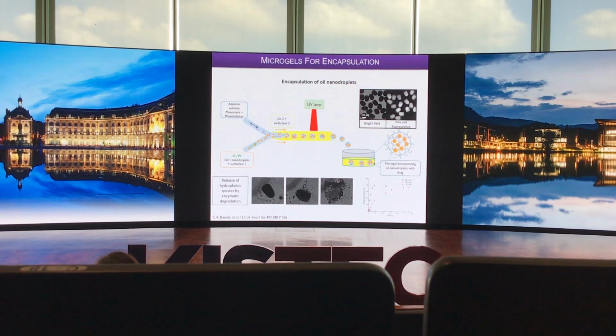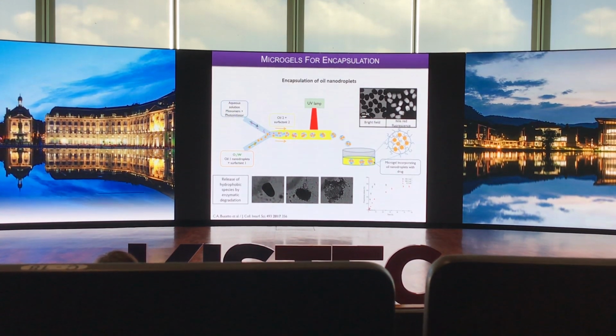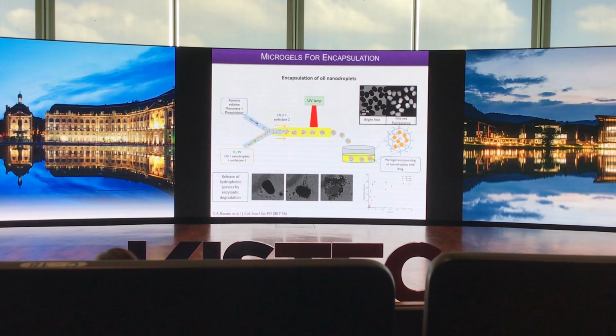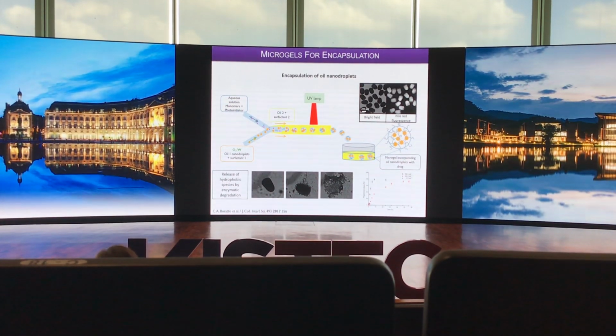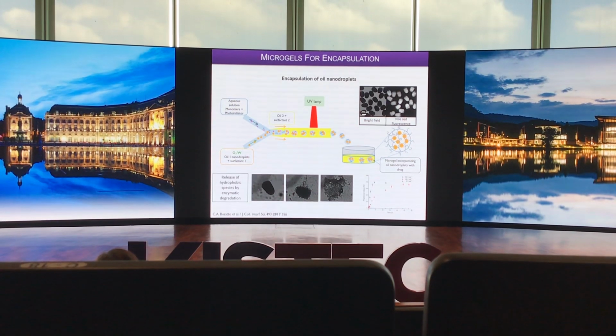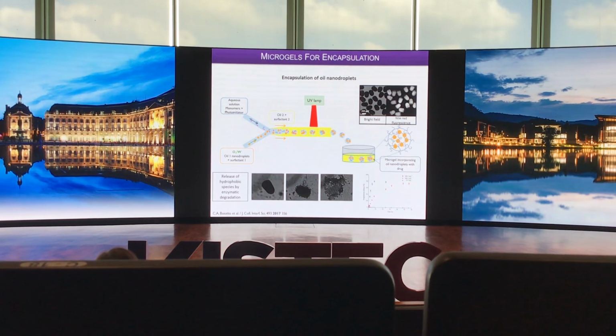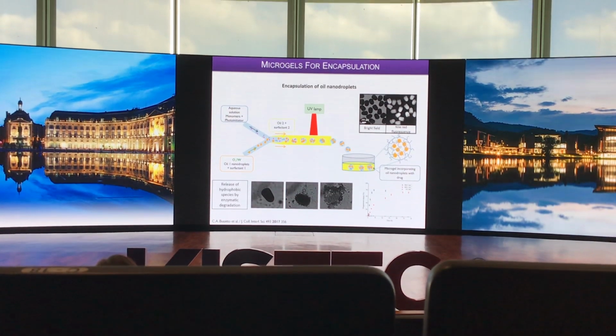The microjets were 200 micrometers, but the inner oil droplets were about 100 nanometers, and they can diffuse easily with Brownian motion. So what we've done is when we introduce the hyaluronidase, you can see here that the matrix is degraded